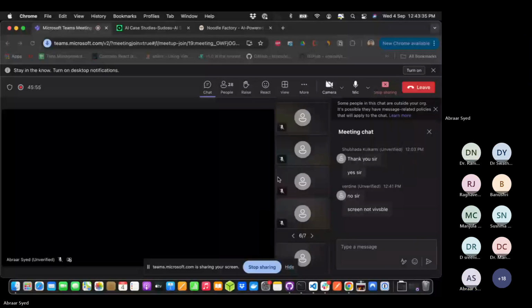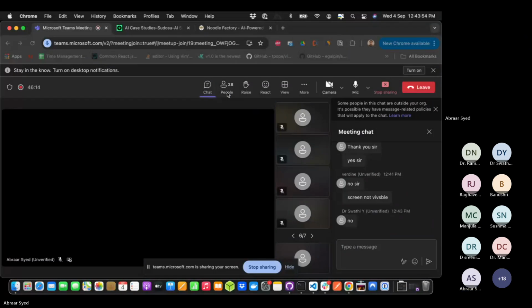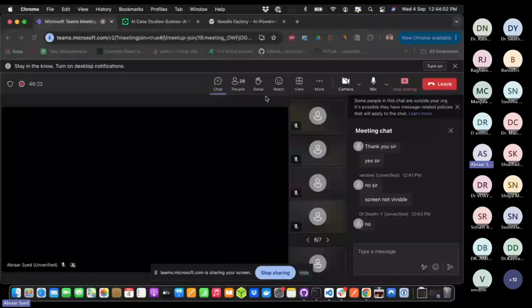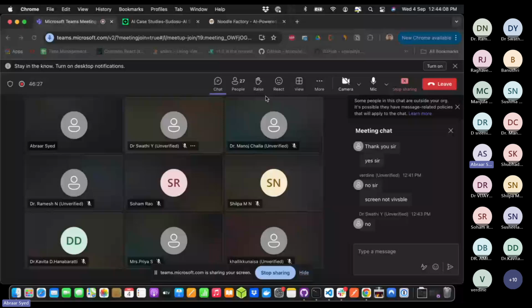Can you guys see my screen? Guys, please interact. Are you able to see my screen? You're still not able to see my screen? Let me disconnect from the other one so that I am only connected on one device now. Are you able to see my screen now? Yes, we are able.